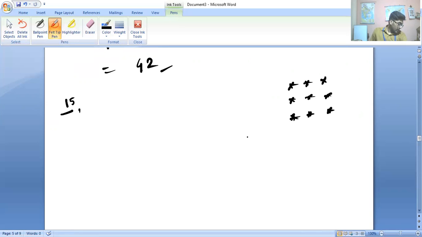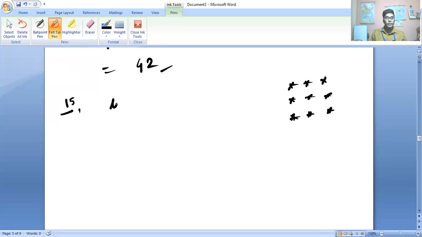It says the plants are planted in such a way that each row contains as many plants as the number of rows, right? So suppose each row has 3 plants. The number of rows is equal to 3. So total will be what? 3 into 3. That is the number of plants we are planting there. So 3 into 3 actually is a square, right? So it says the total number is 1225. So what do you need to find? Therefore, we need to find the square root.